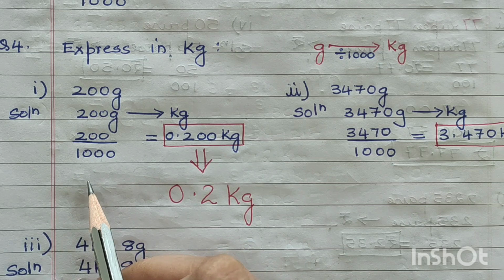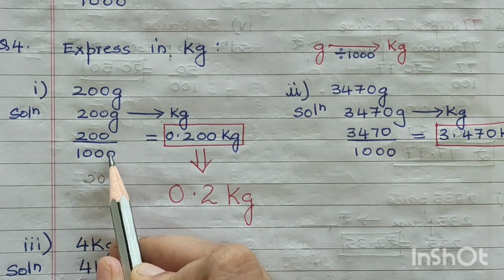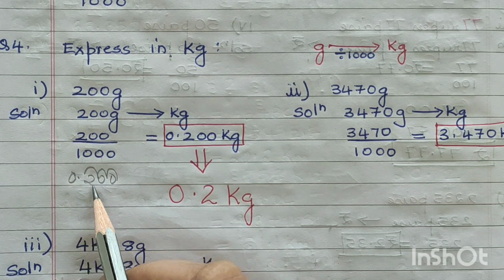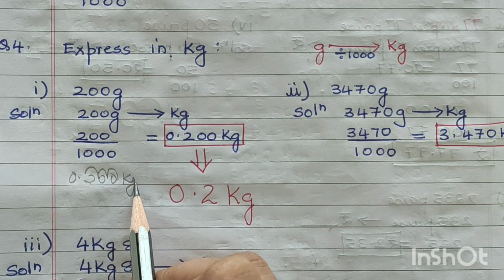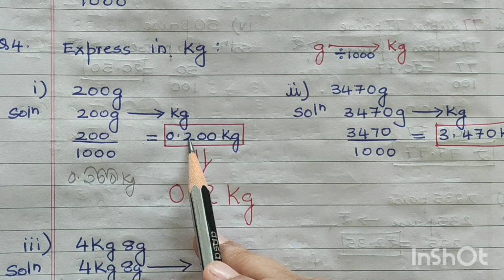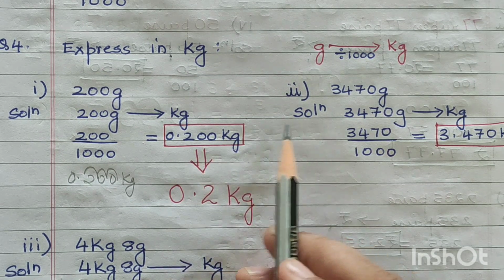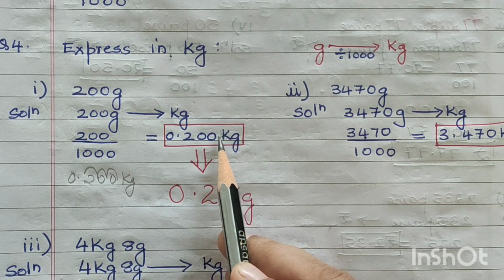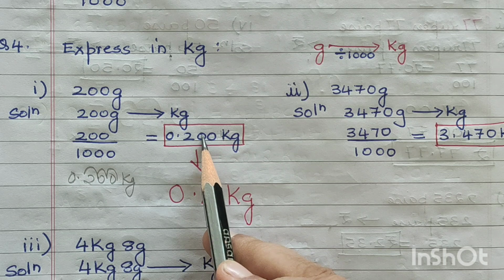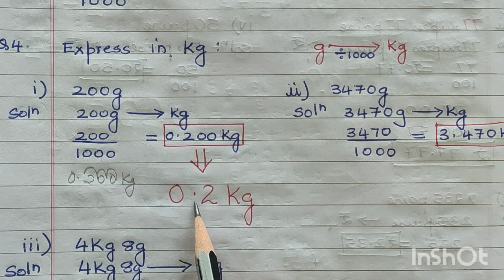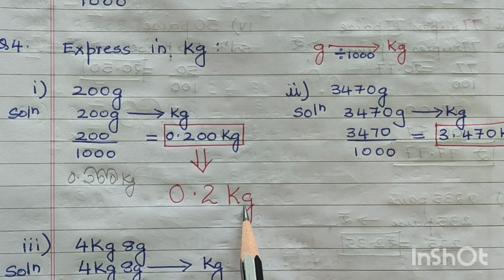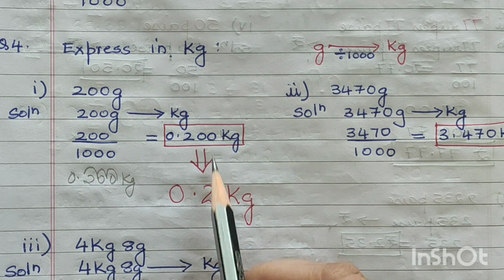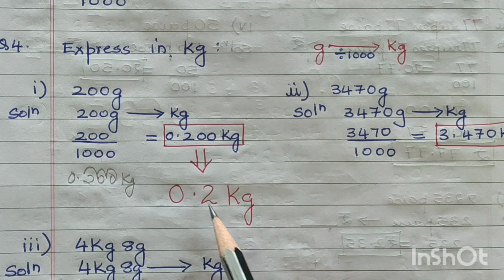So we can say this is 200, 1, 2, 3 zeros, right? So 1, 2, 3 zeros, 0.200, so much kg. Note, even if there is 0.2000000, these zeros will hold no value. Suppose if there was 4 here, then you have to write these zeros. Otherwise, if you don't write these zeros also, it is understood as 0.2 kg would be your answer. Or even 0.200 is going to be your answer. Either one, you could write it in any way.